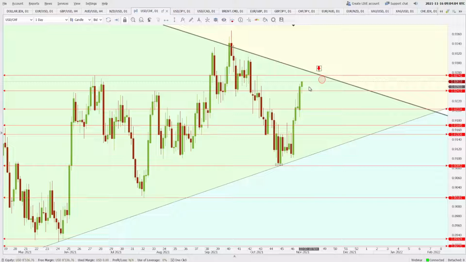You should look for a selling opportunity in the form of a bearish pin bar or bearish engulfing on the daily candle, and then only go short in this market. Otherwise, there is a chance that the market will break to the upside, and it can pose us a buying opportunity also in case it breaks to the upside. So you can wait and watch, or